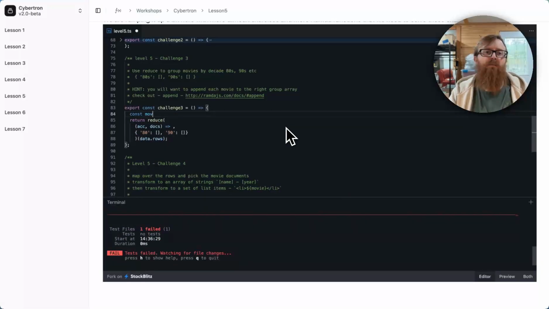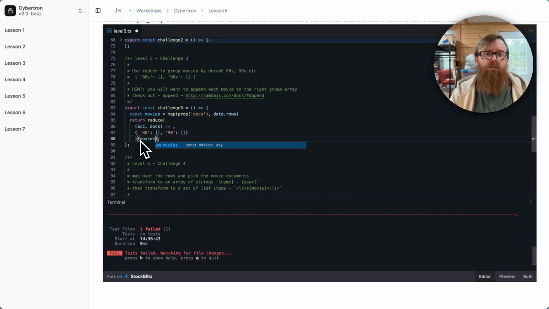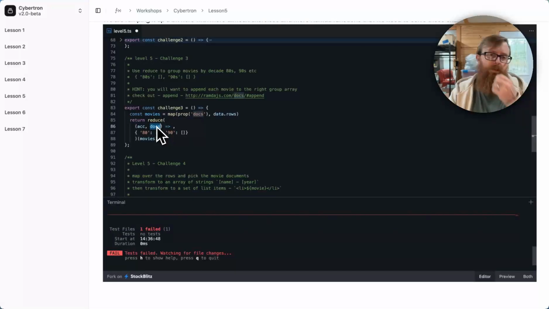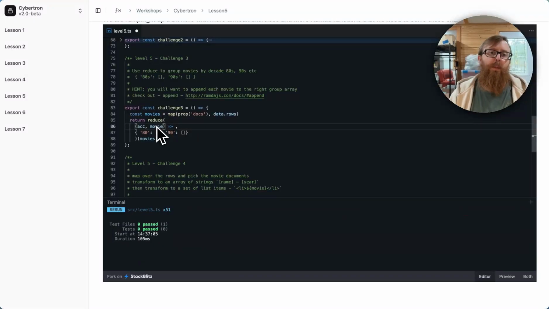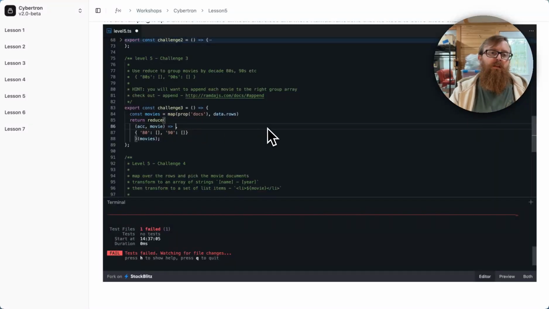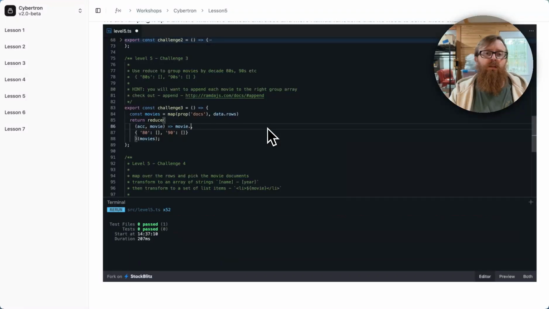So movies equals map prop docs of the data.rows, and then we're just going to change this to movies because I don't want to deal with figuring out how to do that within this function. So now we know that this doc is really going to be the movie. So movie, and then movie dot year